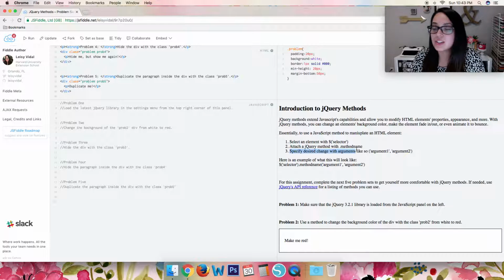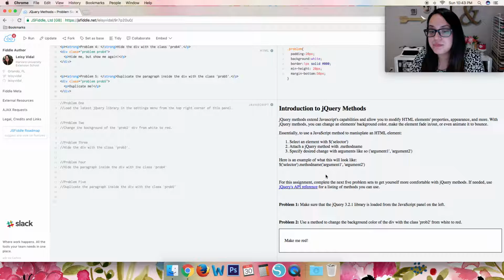Now what I mean by that is there's a lot of different methods you can apply. And these methods actually take in arguments that allow you to specify exactly how you want these HTML elements to change. So for example, the CSS method will allow you to change properties and values, so it'll accept those 2 arguments. But you also have other methods like animate or toggle that can take speeds or anything of the sort as well. So these arguments that you'll be passing in will change based on the method name that you decide to choose. Some methods don't even take in arguments. We're actually going to get to play around with some practice and see exactly how that works